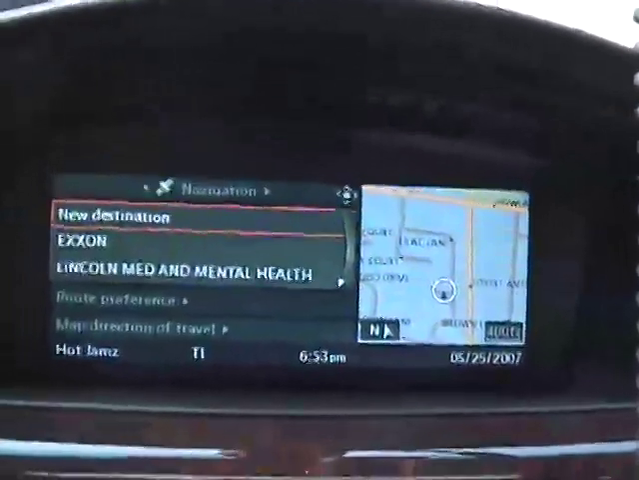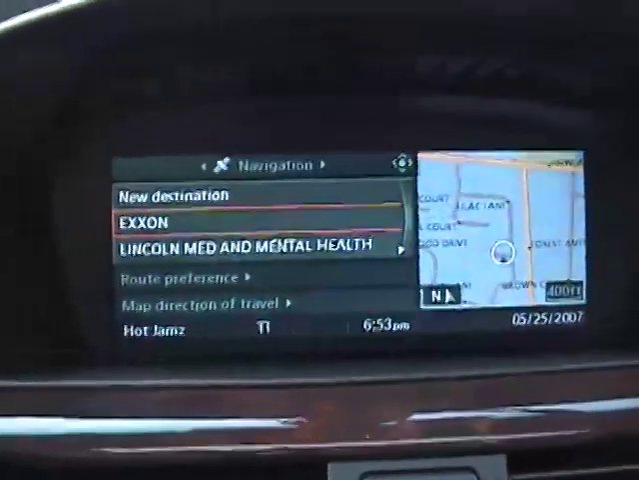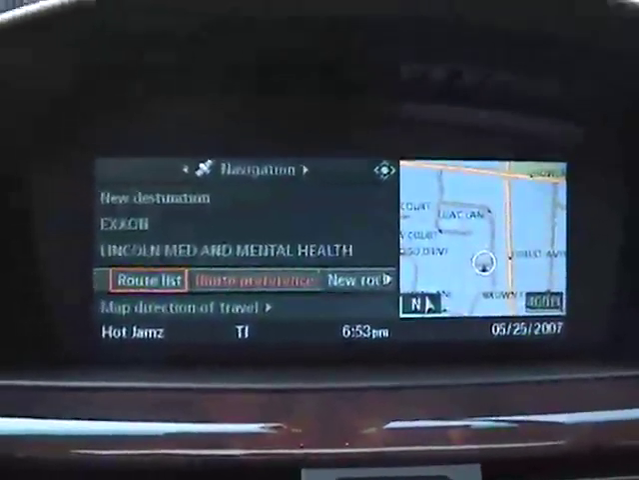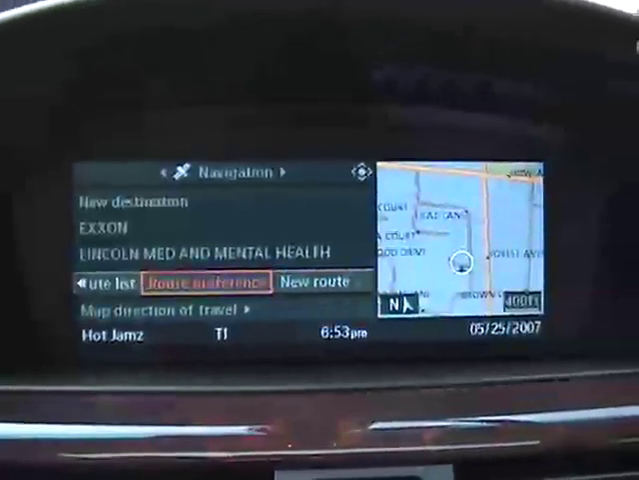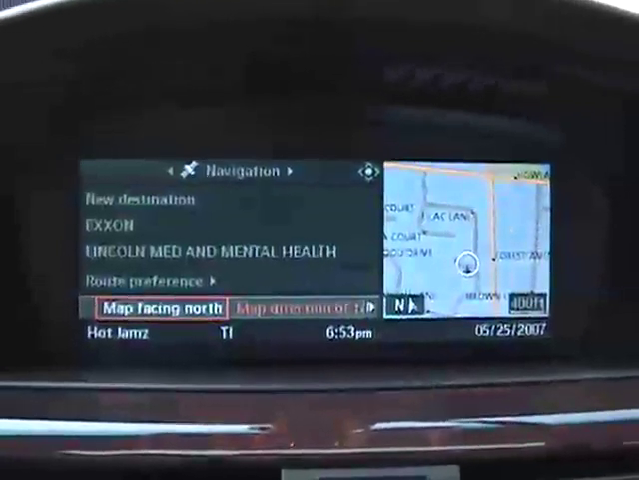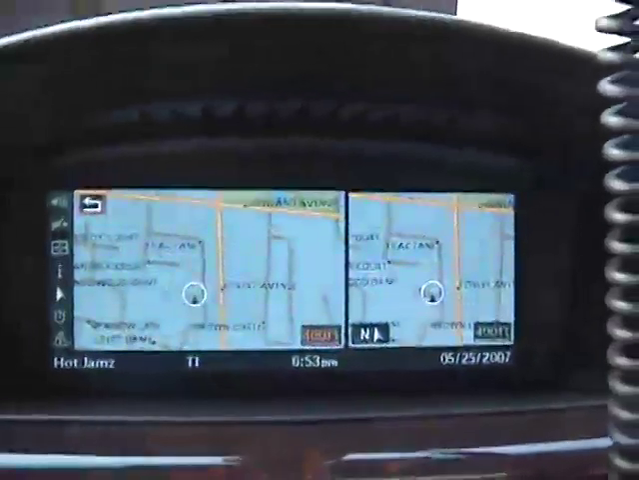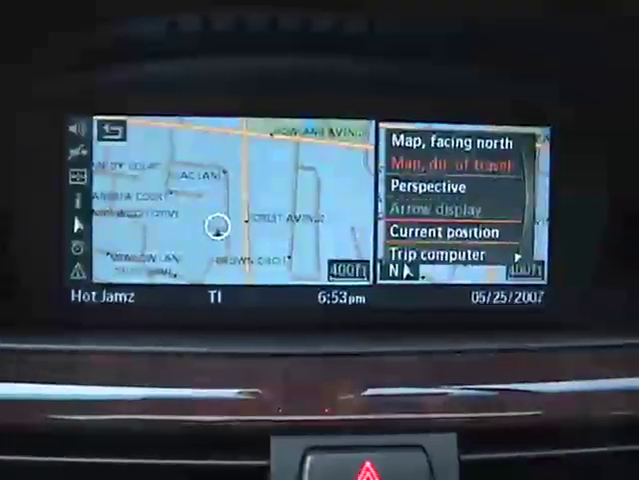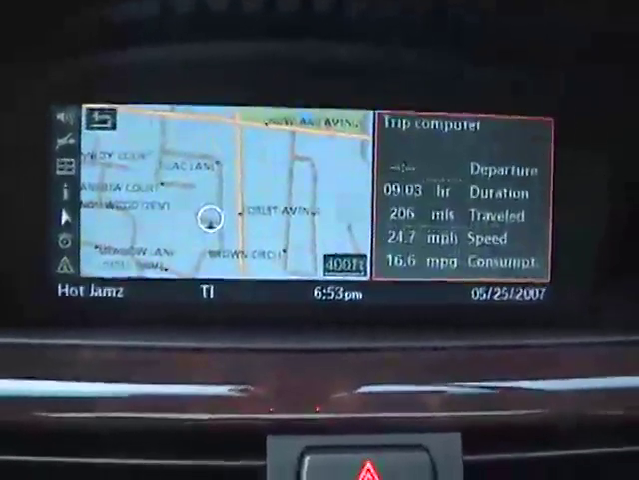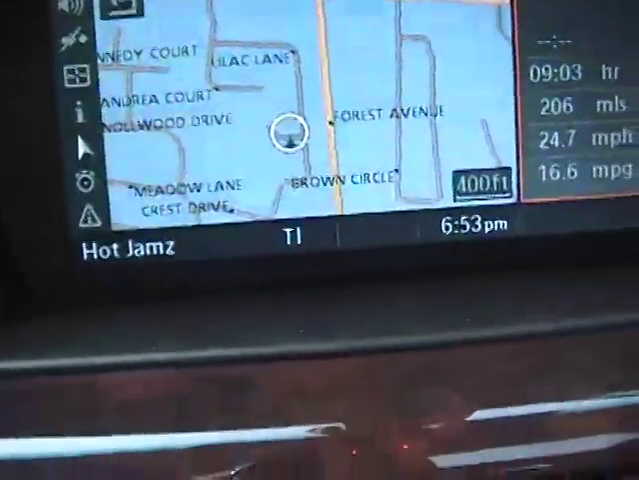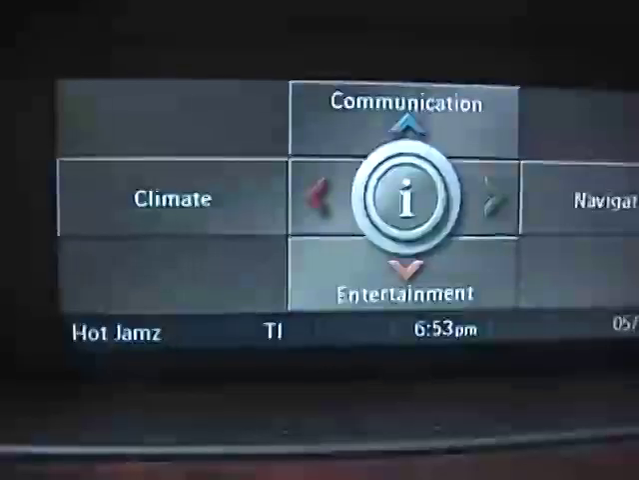Also, there's navigation. I already have an Exxon station I go to if I ever need gas. You can choose different maps from below. So if I wanted a bigger map on the left, I could just have it direction of travel, and I'd have two maps, which would be kind of redundant, but it's alright. I'll just change this one to, say, trip computer. So now I have a map on the left and a trip computer on the right, and it's pretty convenient. So that's that. And then there's the information